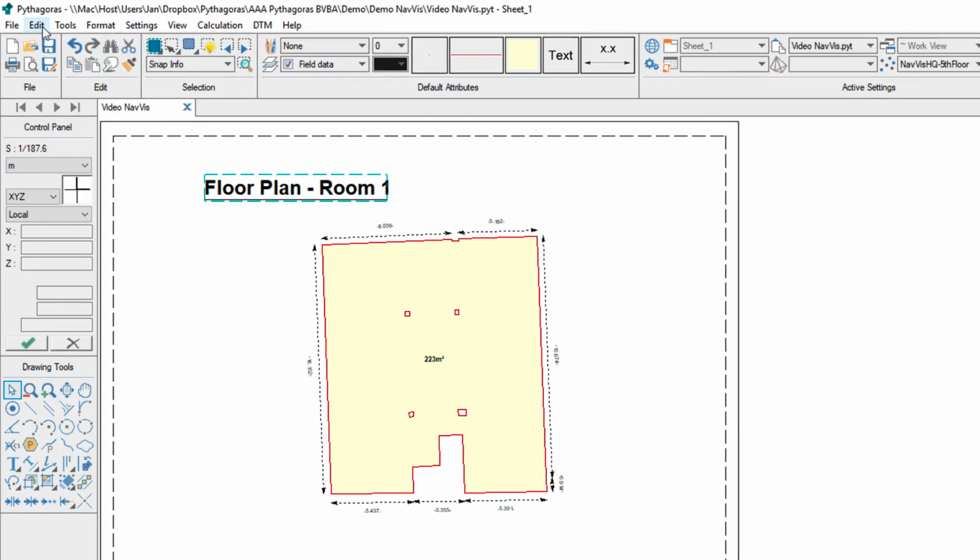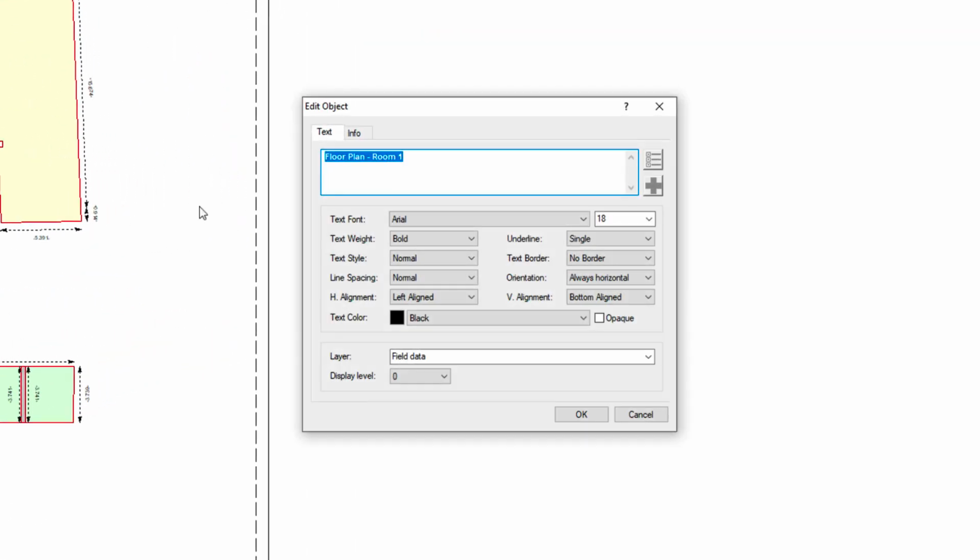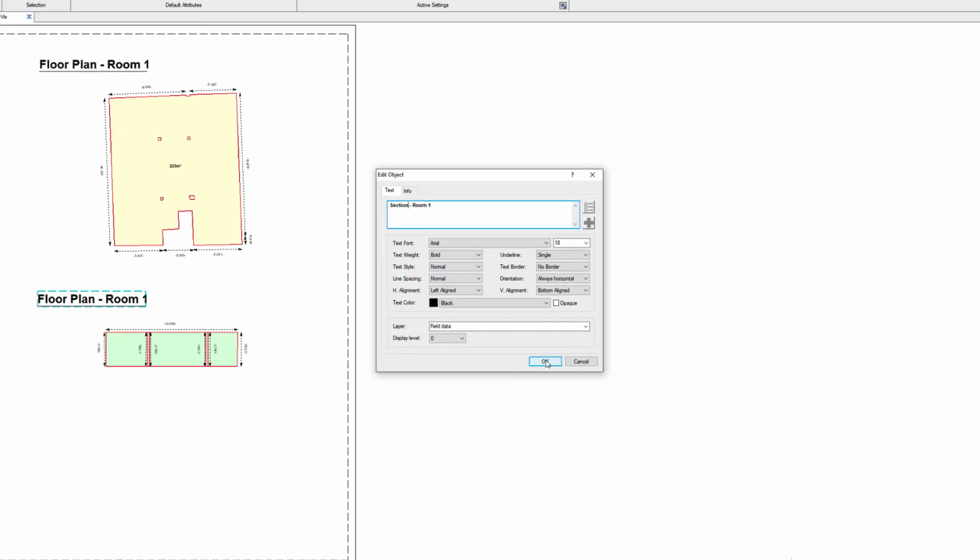So now we will duplicate the first text and move it to the section, and now we can change the text in this text window so it matches what is shown there.